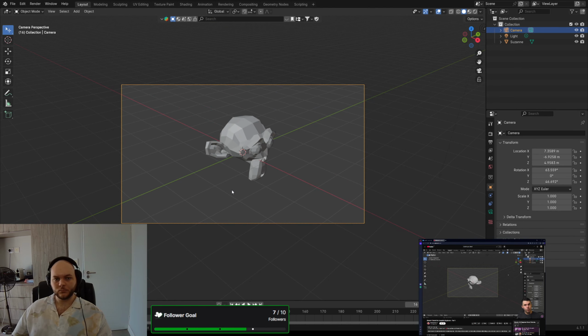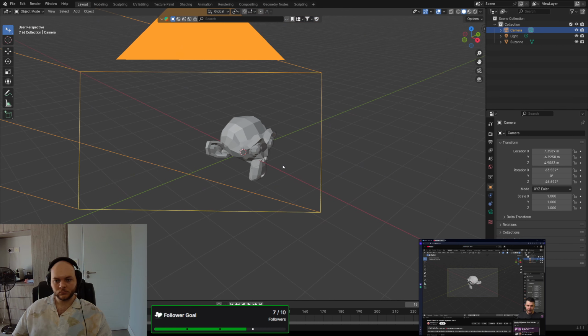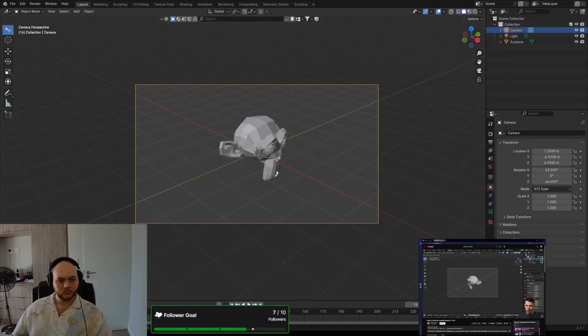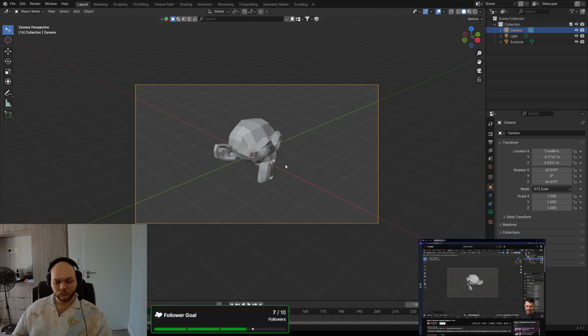So how do we move the camera? Well, Blender's a little awkward, maybe a little different to other software packages, but you're supposed to hit G to move it, and then middle mouse to zoom in and out. And then if you want to move it along an axis, I guess G and then X. You could do that, but actually what a lot of users prefer, especially those from other software packages, is if